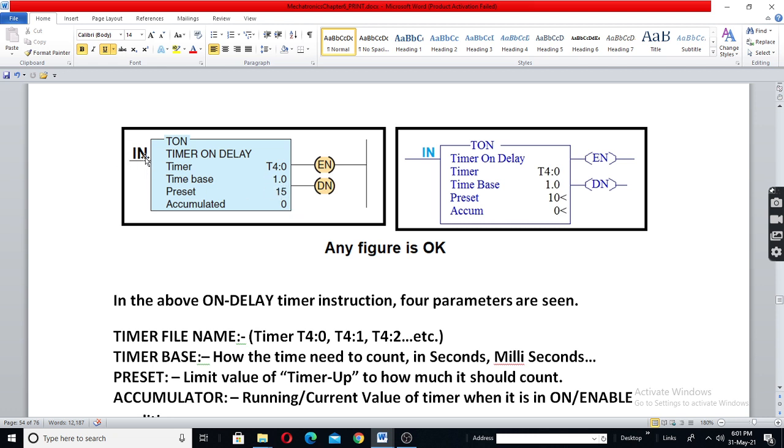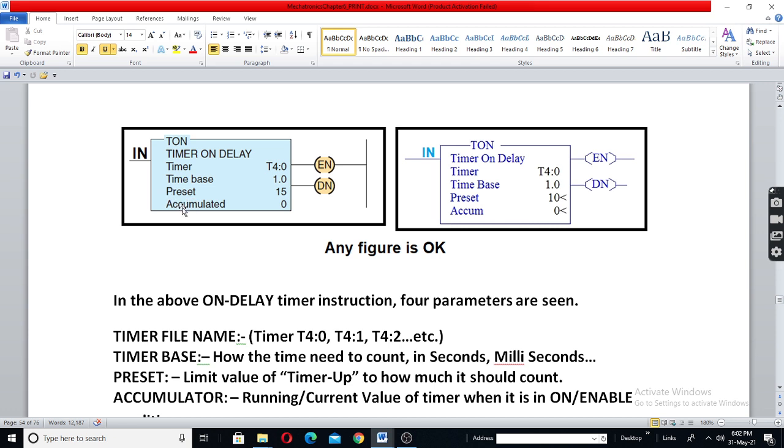If this is enabled, this is the enabling input of the timer. As soon as this is 1 and the PLC is brought into run mode, means the operative mode, the enable bit will become 1, done bit will be 0.